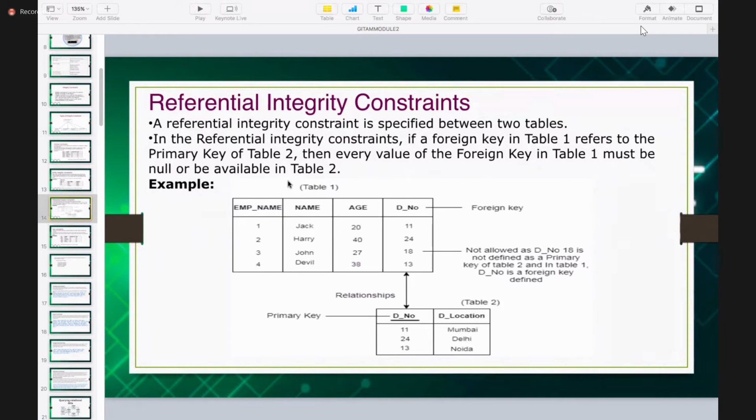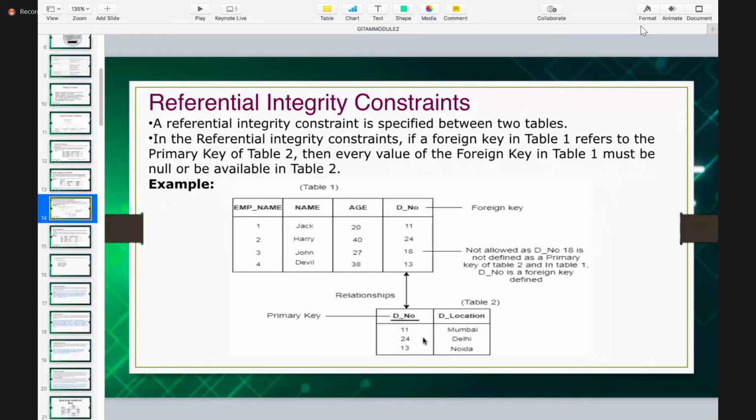Yeah. So see here. You have the employee table and you have the department table. So what is the master table here? Table 2, that is the department table, is the master table. Here table 1 is the child table.